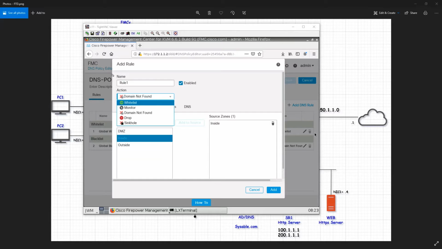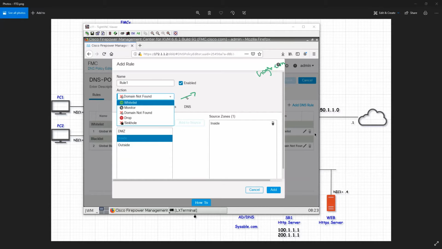Whitelist means it's straightforward. That means your traffic will be allowed, no problem. So it doesn't make any sense, right? If we create a DNS policy and you are allowing, by default in the access control policy we have been allowing. So for example, I have a domain over here, google.com. I'm just allowing the traffic. Whitelist means it is still being allowed in the access control, and here also you're saying the same thing, so it doesn't make any sense.